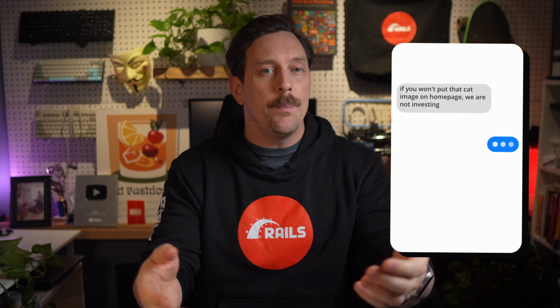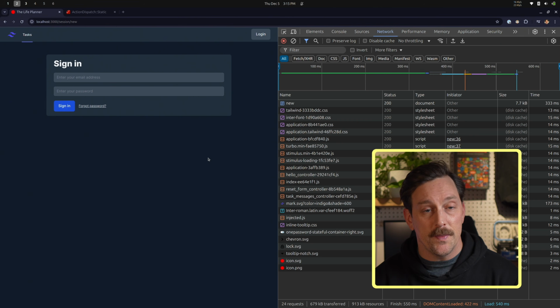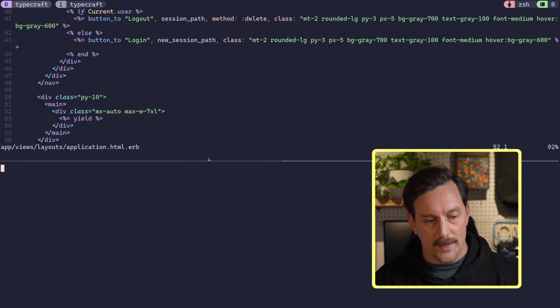So let's say you're building your Rails app and it's going great, and your new angel investor really wants you to put an image of a cat on the homepage of the web app you're building. Well, okay, you think that's kind of weird, but the checks are cashing, so you'll do what they say, and it's just a static image, so I'll just put this in public,